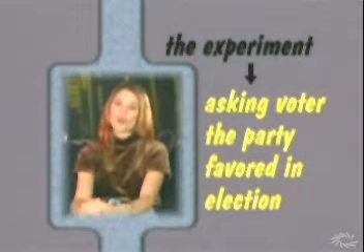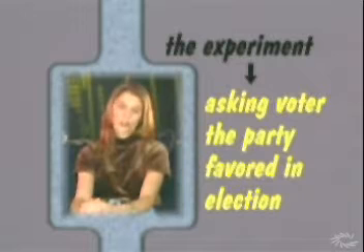Events aren't always measured in numbers, though. Let's say, for example, that the experiment takes the form of asking a voter what party she favors in an election poll. In this case, a possible event could be that the voter answers Republican, Democrat, or in my case,